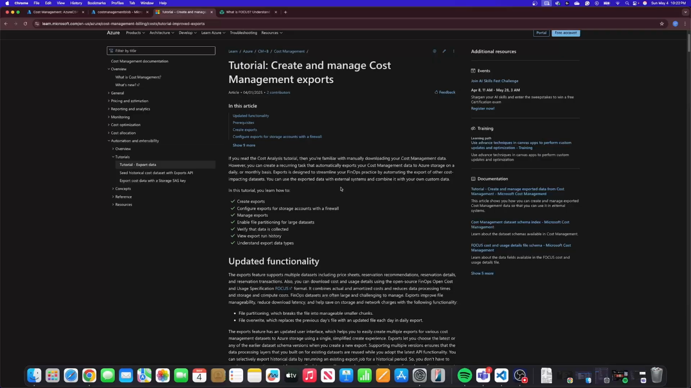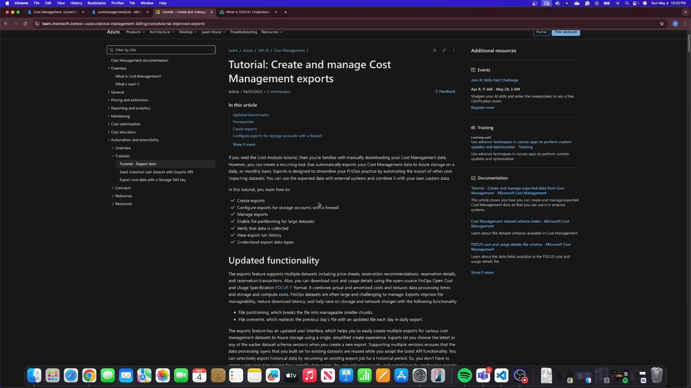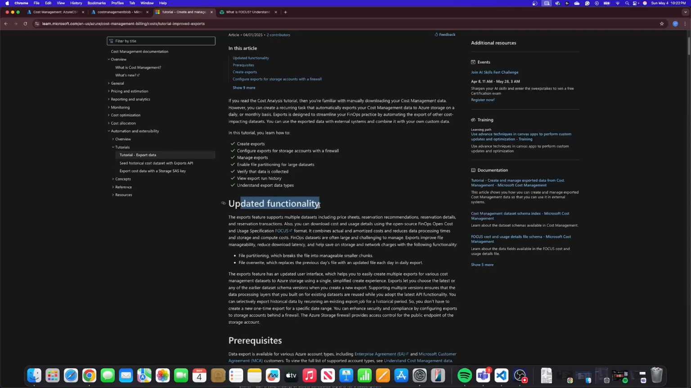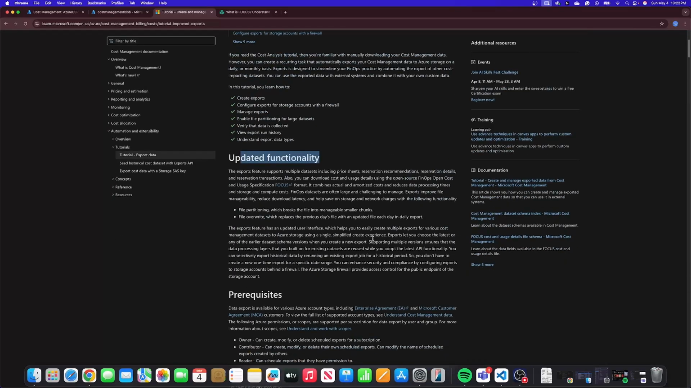This is the Microsoft documentation related to that. It has some of the enhanced features recently released, so we will talk about these features. Actually, these are the updated functionality on this feature, cost management export. Basically, you can get multiple data sets of your cloud spending, like price sheet, reservations, the commitments that you made in the Azure portal, Azure services, reservation details, reservation transactions,